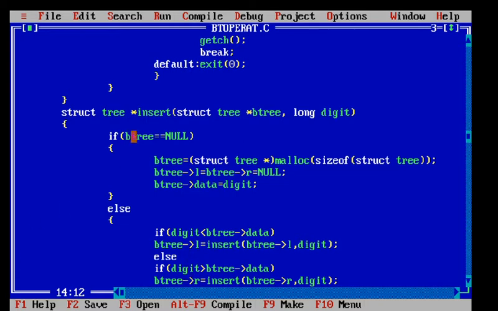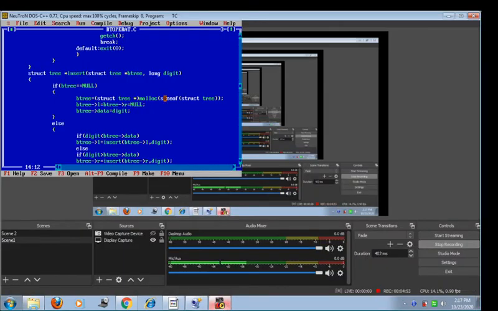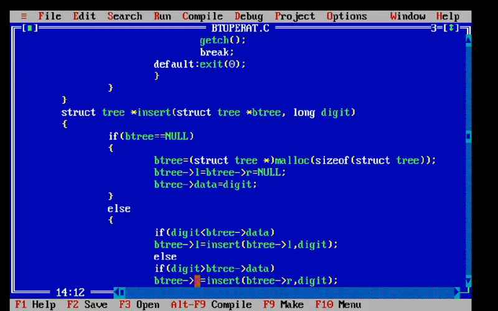So friend, suppose the b tree is equal to null, then we do memory allocation. That means we create a node: b tree equals struct tree star malloc. Malloc is used for memory allocation. So here we use b tree equals struct tree star malloc sizeof struct tree.